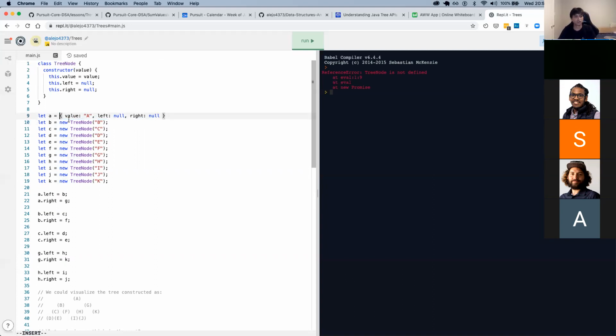Okay, so let me put that back. I think that's another review we could do at some point on object-oriented programming and approaches. This is object-oriented, where we define this tree node with certain properties and use it to create many of them.